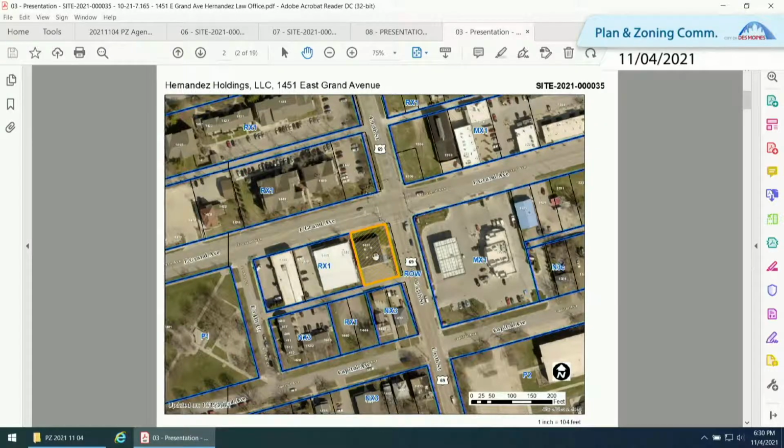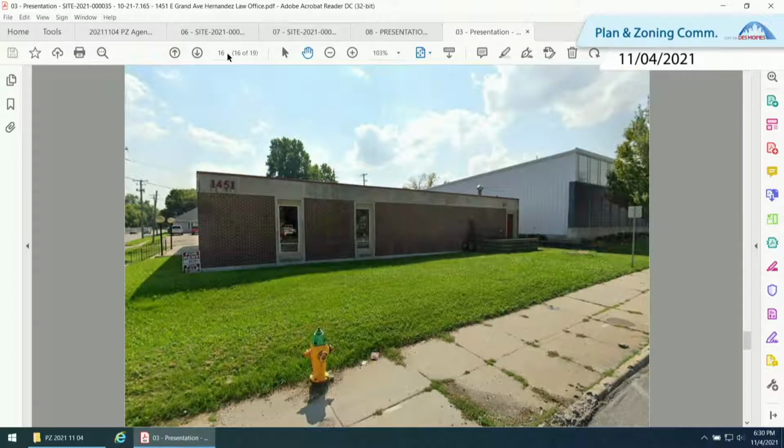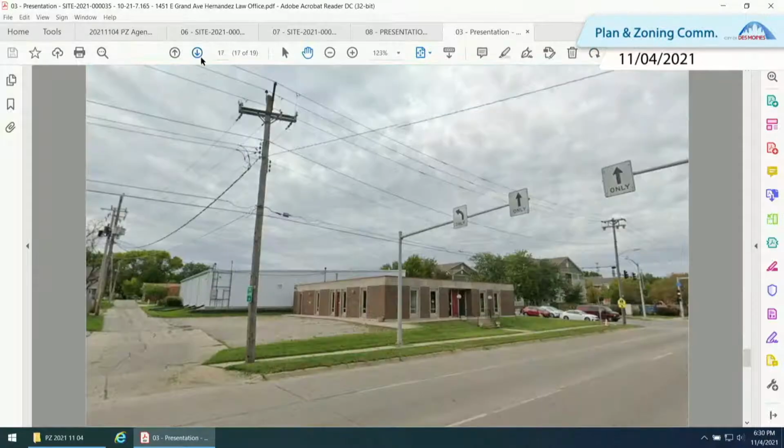It's an existing one-story office building. I have a couple photos here that might provide some insight. So here's the building as it's viewed along East Grand Avenue. This next photo here is viewed from East 15th Street, and it shows the overhead utilities that they would be required to bury. So you can see there is a significant amount of utilities on this site that they would